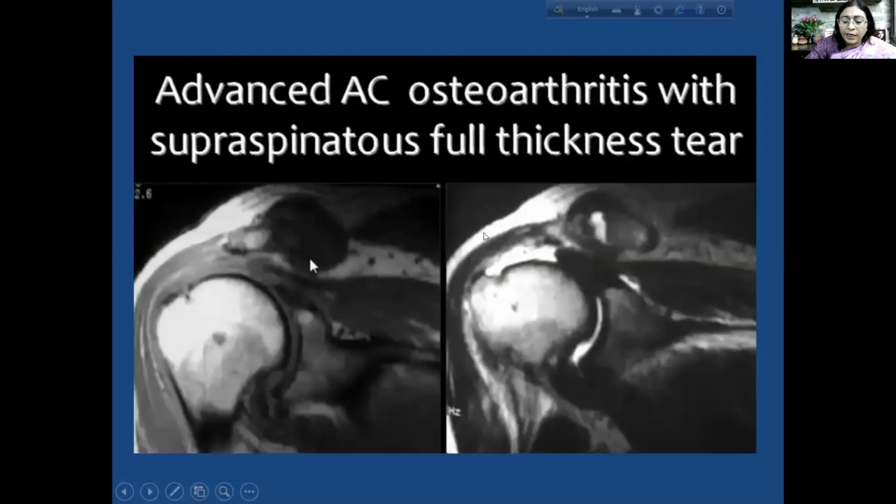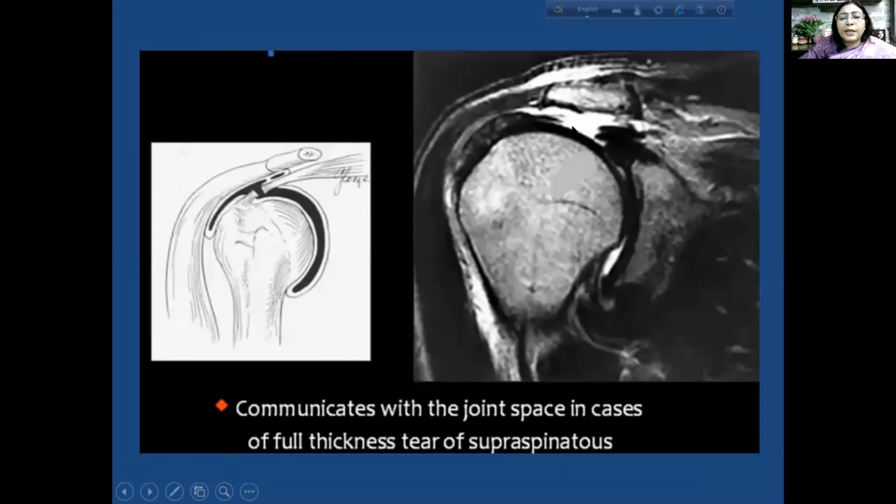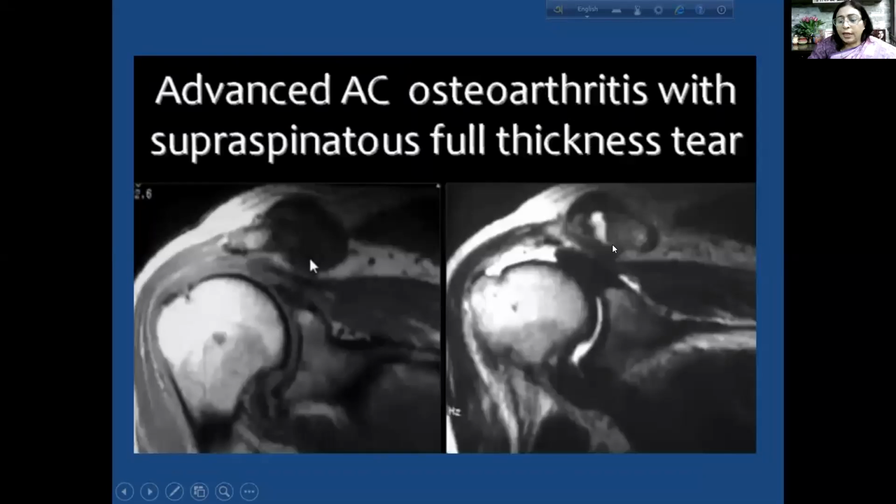In the full thickness tear, the bursal surface directly communicates with the joint space. And we also look for the acromioclavicular joint due to degeneration. Here, there is a severe osteoarthritic change in the acromioclavicular joint with excessive callus formation, giving impingement on the